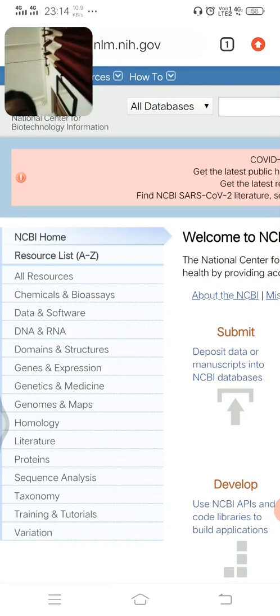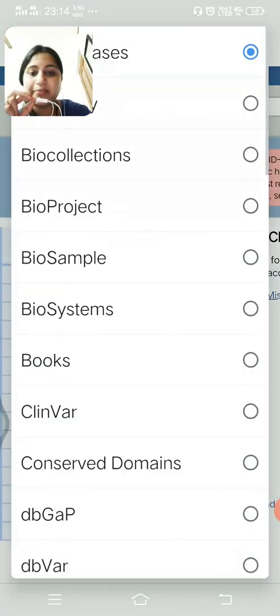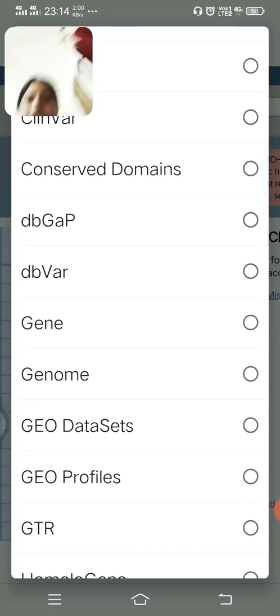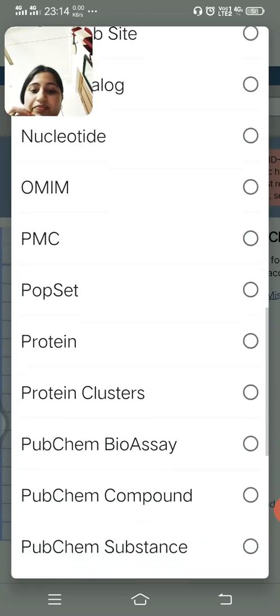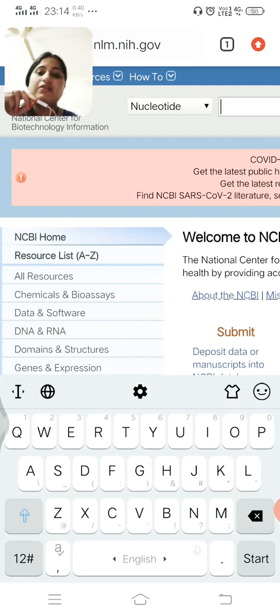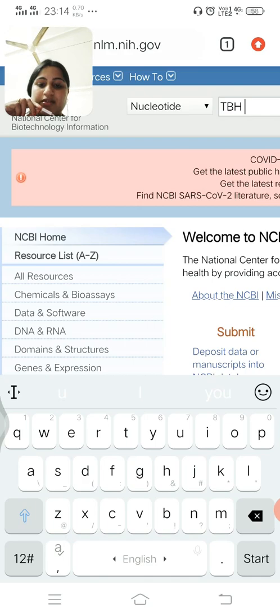So before you go to BLAST, you have to select this all database, and out of the various databases I want to search a gene sequence. So I will go to a DNA sequence or a nucleotide search, and here I will be pressing any of the searches. So I could type RB gene.